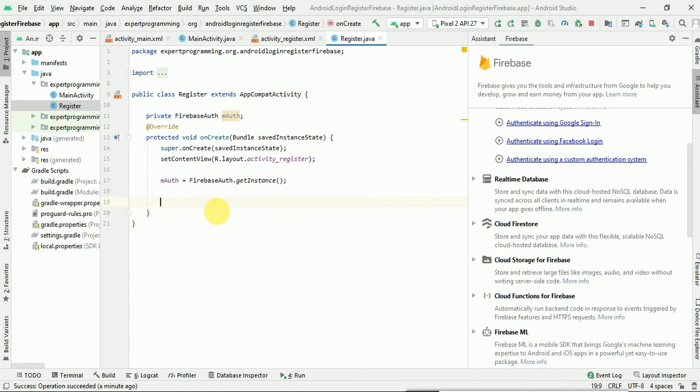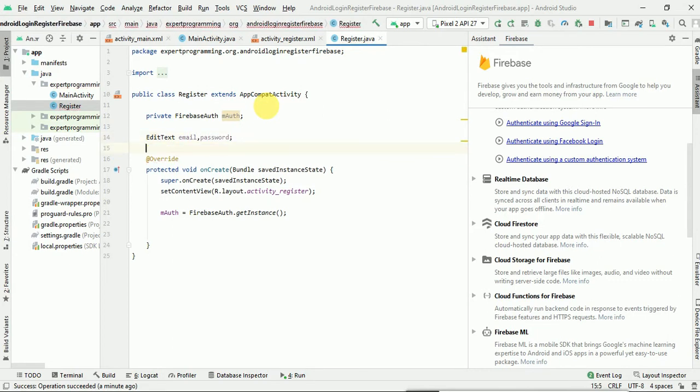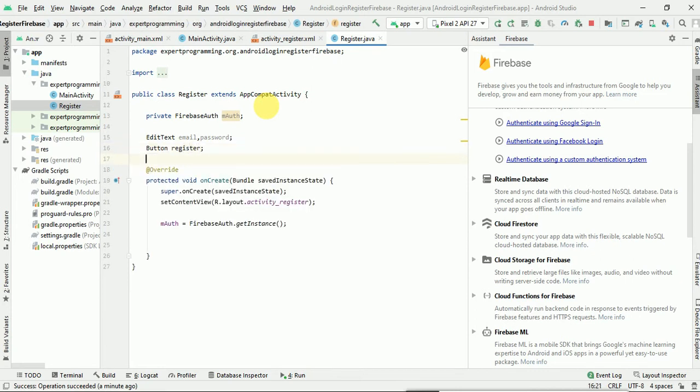First what we have to do is create the references: EditText email, password, then button register.